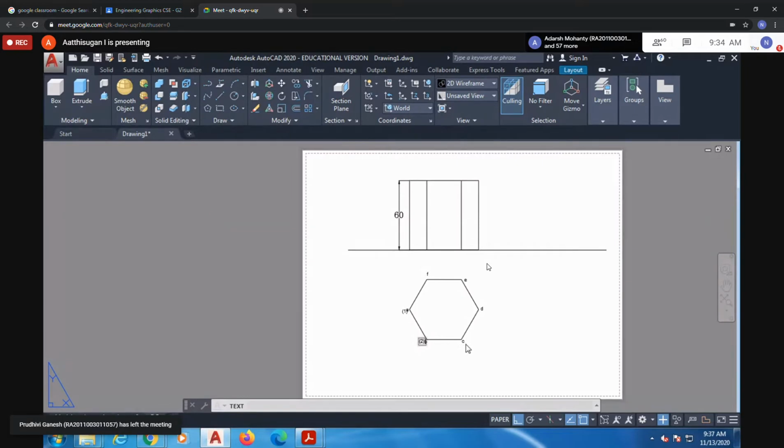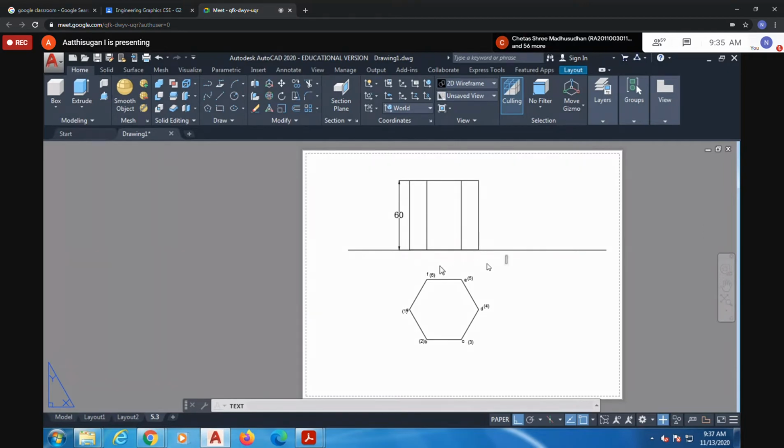I'm giving here 3, then 4, then 5 in the bracket. Then 5, then 6. So we can imagine the top view, with the labels within a bracket, will be on the bottom base. The top base will be labeled as ABCD. So the top base is nothing but here. This is the top base, and this is the bottom base.